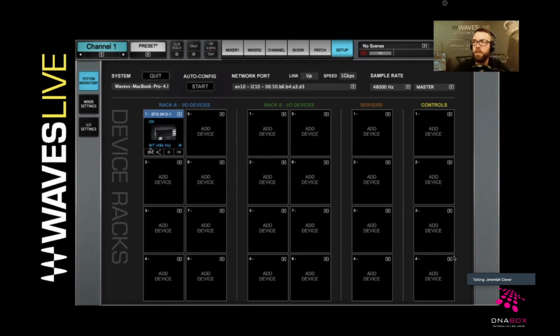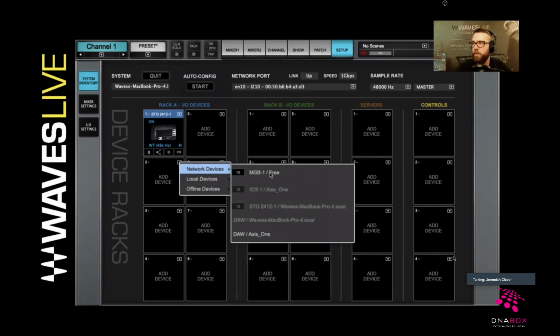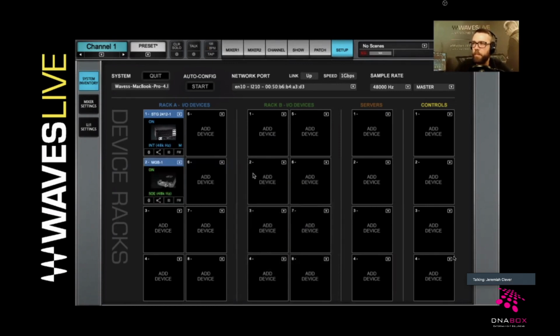So if we click add a device under rack A and go to network devices, we'll see the available devices we have on our network. So I'm going to choose the STG2412, which is a stage rack. And as we assign that, we see that it tells us that this device is using an internal clock source and it's at a sample rate of 48K. And the M indicates that it is the master clock. So by default, the first IO device that we add to a rack becomes the master clock of the LV1